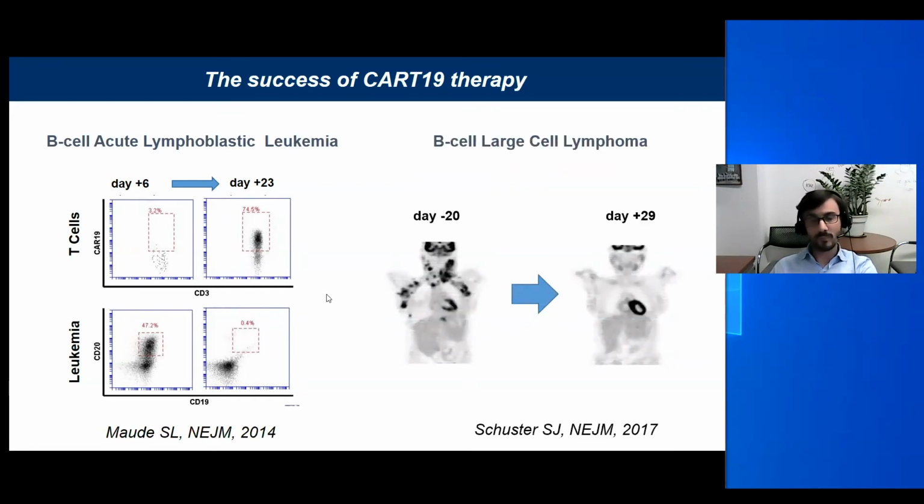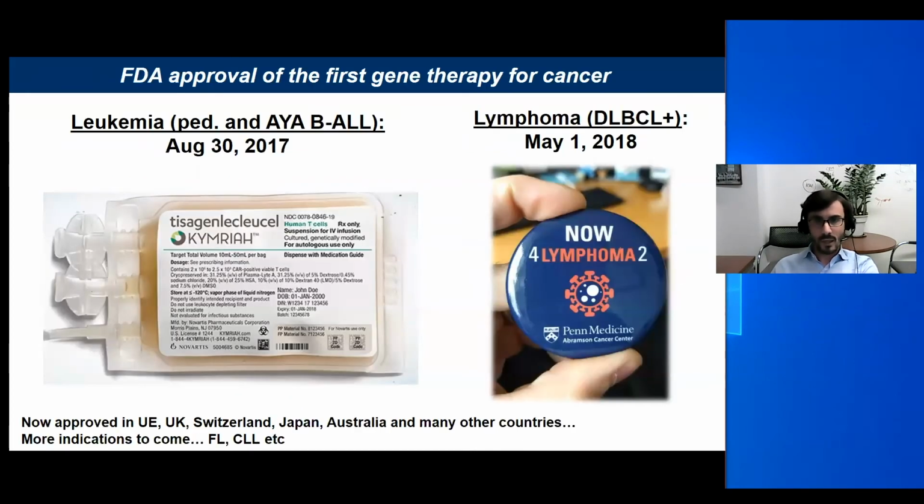And similarly, in the setting of lymphoma, you can see a patient with pretty extensive disease, with all these lymph nodes before treatment, who then shows a complete remission at day plus 21. And these are data that were published by Dr. Schuster from Penn. And thanks to these data and other ones that were collected in the registration trials,